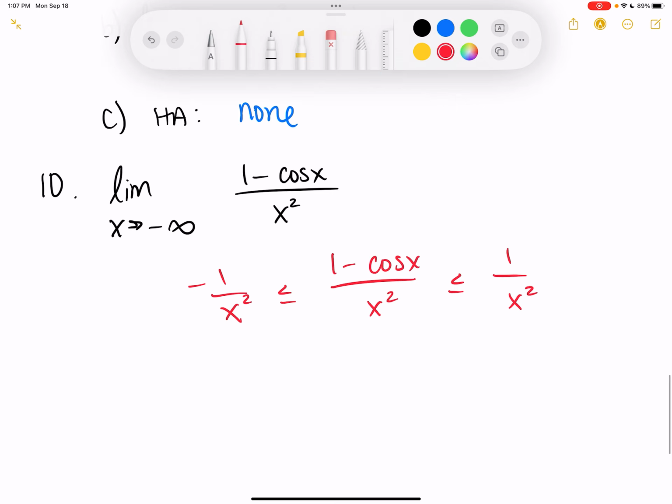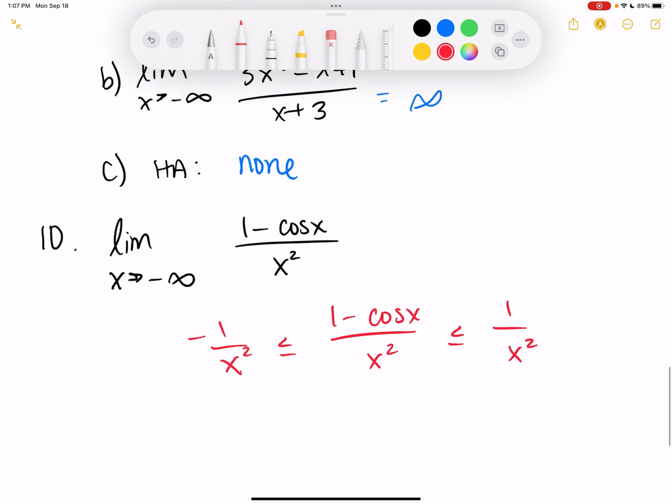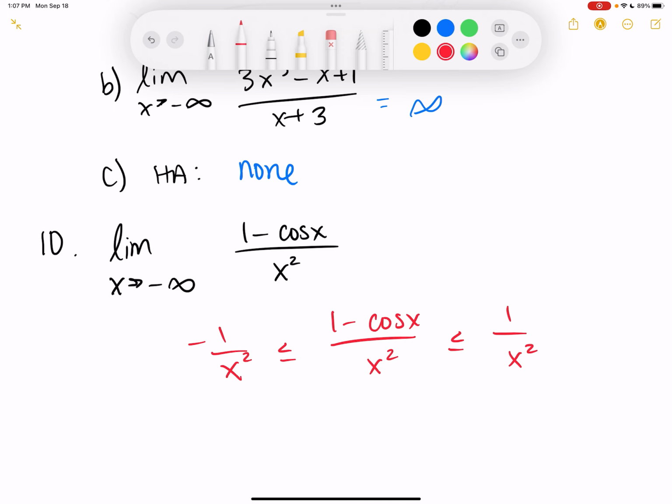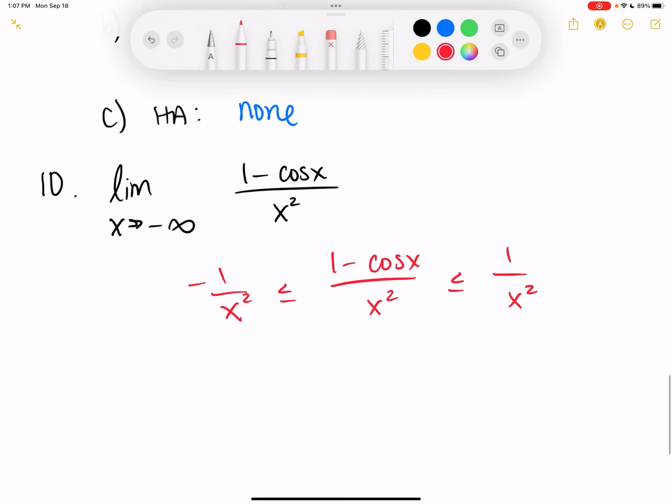Hold on. So basically, we're looking at the limit as x approaches negative infinity, of negative 1 over x squared and 1 over x squared. I'm just going to do this for right now because I think y'all can see this for the second until that comes back on. So what we're doing is I want to know if I put negative infinity here,